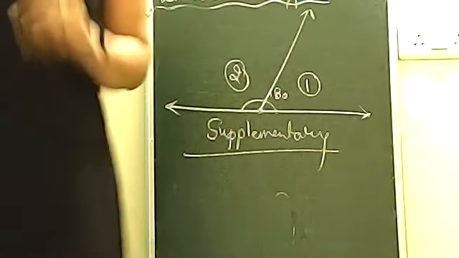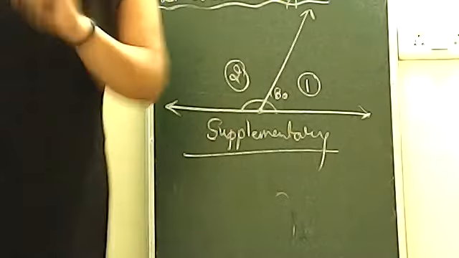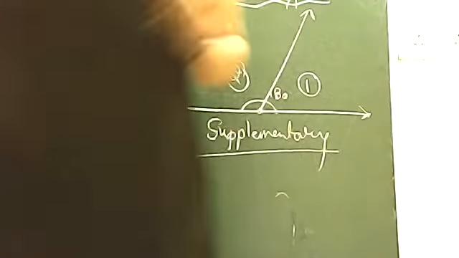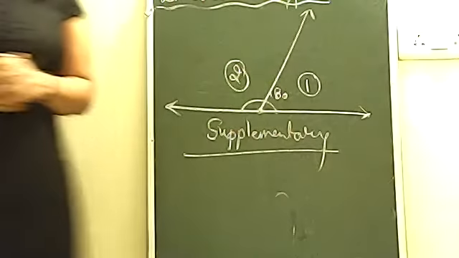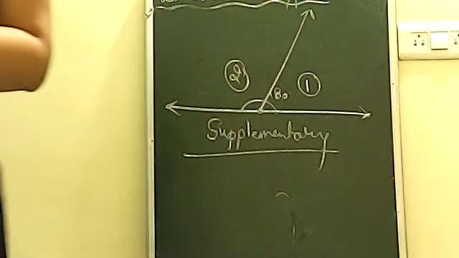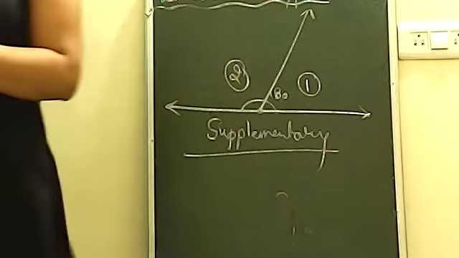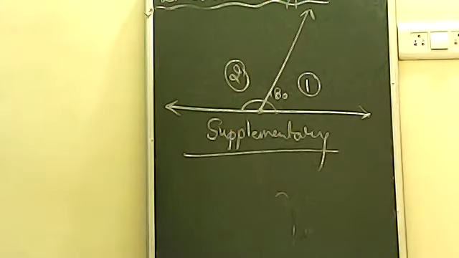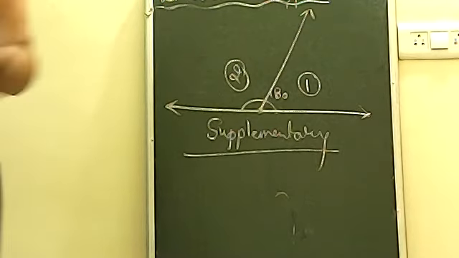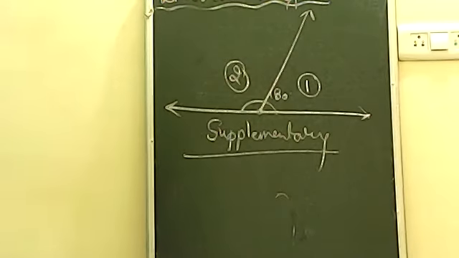Now my third question. If you have a supplementary angle pair and if you have a right angle, what do you say? What will be the other angle? If you have a right angle in a pair of supplementary angles, which angle will it be? Absolutely correct, who have written right angle. If one angle is right, the other will definitely be a right angle.